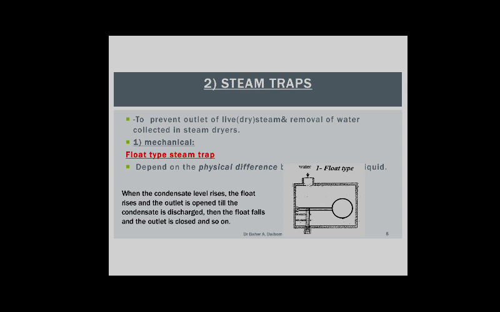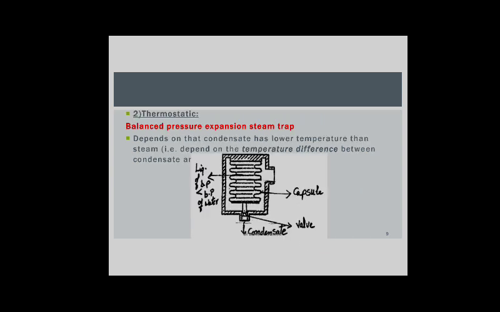Steam traps are used to prevent outlet of live steam or for removal of water collected in the steam dryer. Number one, mechanical float type steam trap, depends on physical difference like this. Then there is the thermostatic steam trap, the balanced pressure expansion steam trap like this. It depends on expansion of different